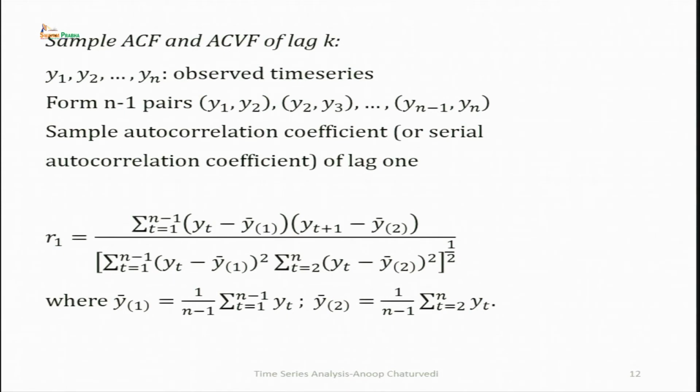Say you form the pairs y1, y2; y2, y3; and so on, yn minus 1, yn. Then the sample autocorrelation coefficient, also called the serial autocorrelation coefficient of lag 1, is defined as R1 equal to